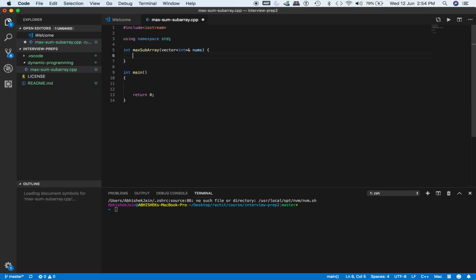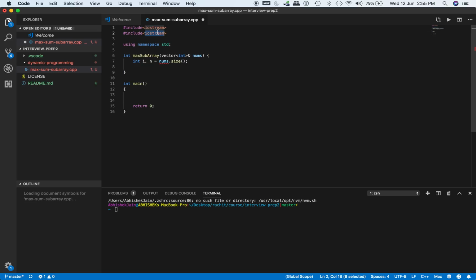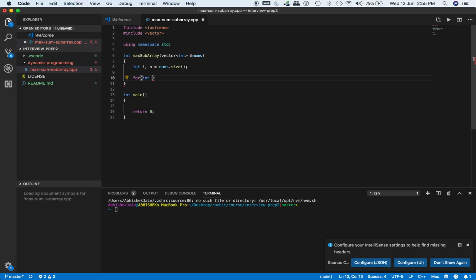Okay. Interesting. So the first thing that is coming to my mind is just store the size of this, then, it's nums, yeah, it's nums. Oh, I think I have to include vector. Yeah. So I'm storing the size, and then I just iterate on